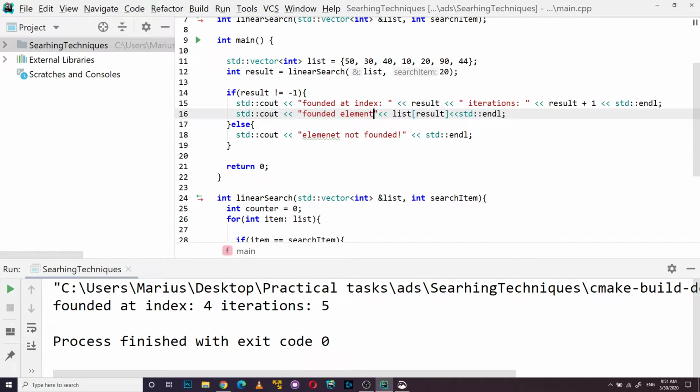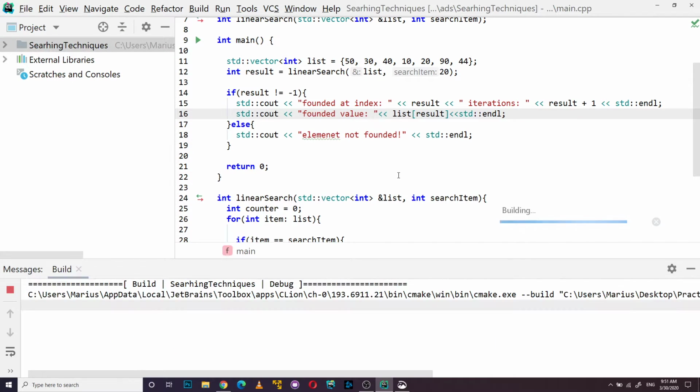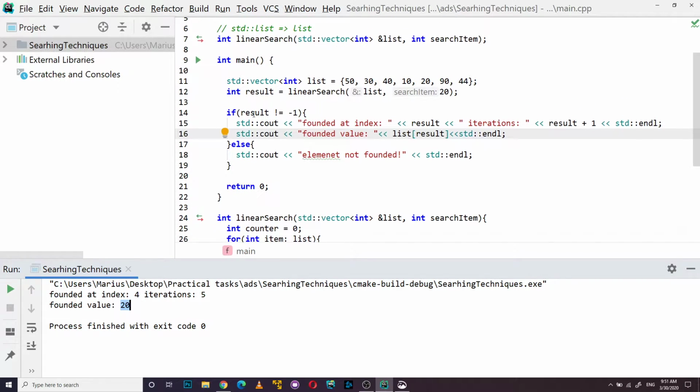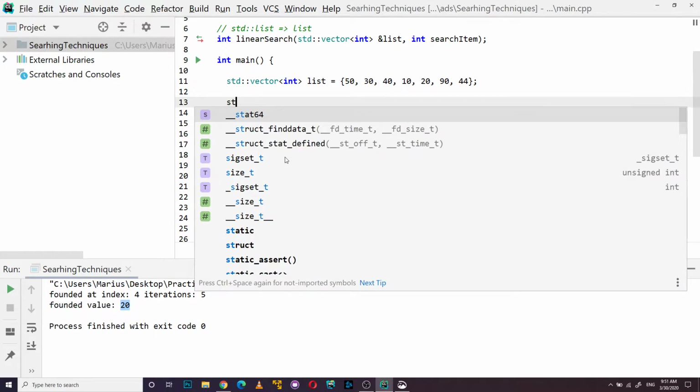Founded element, founded value, maybe. Founded value. We run again. And founded at index 4, iterations 5, founded value 20, as you see. And if you would like to search some items, you're able to read from console,